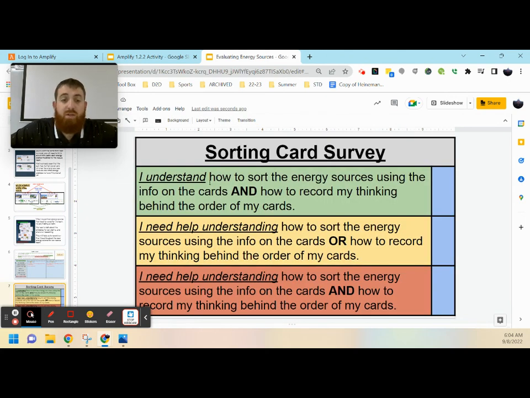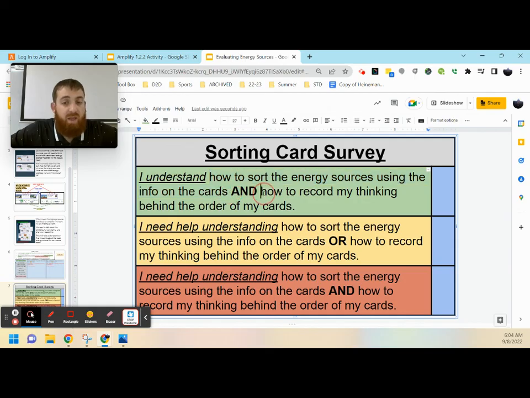So, take a look at your survey. Do you understand how to sort the energy sources using the info on the cards and how to record your thinking behind the order of the cards using that drag and drop system and those questions? Go ahead and complete your survey. If you have questions, reach out and